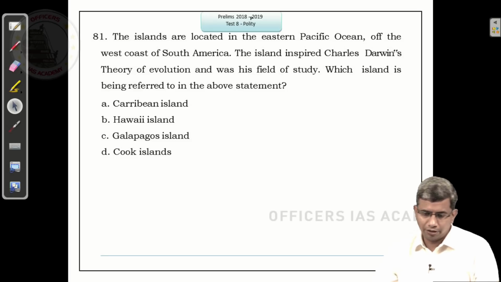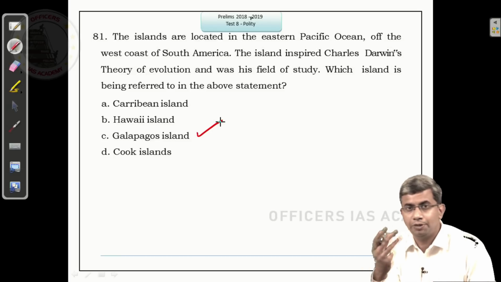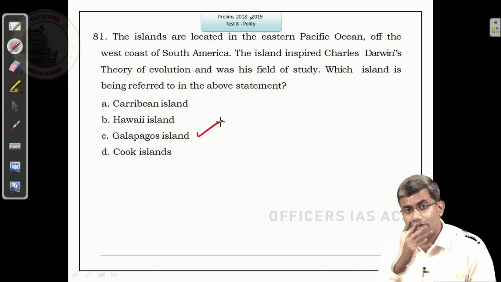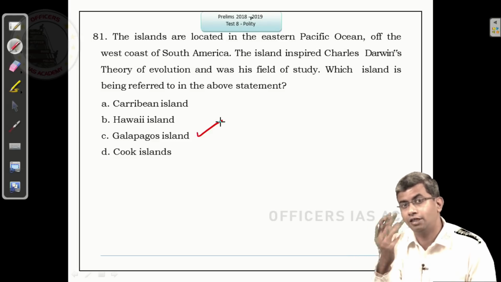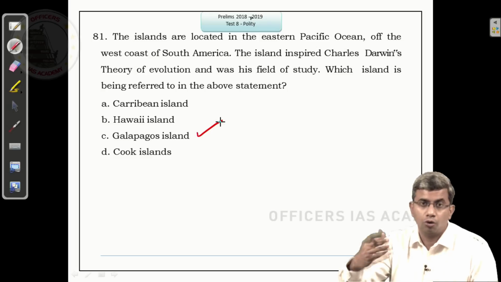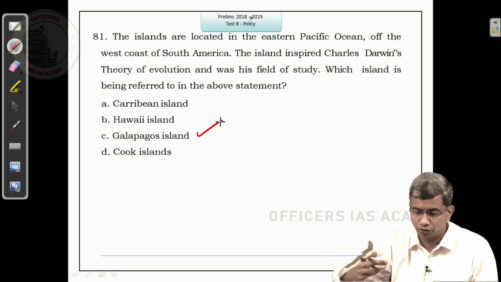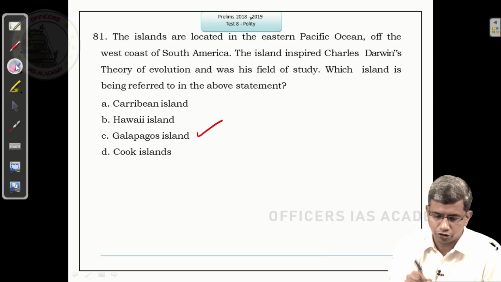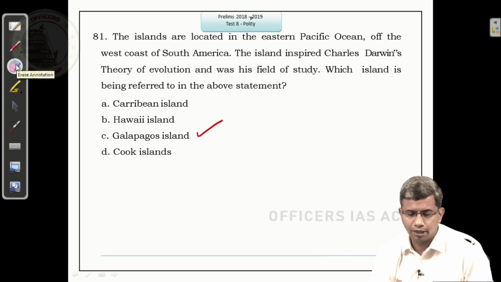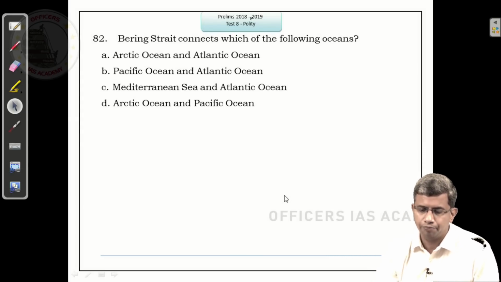It's the very famous Galapagos Island, the finch beaks, through which he started his study, and he realized why is it that there are different sizes of finches, why is it that the beaks are of different sizes, so on and so forth, and that led to the theory of evolution, survival of the fittest. I could keep going on about it for hours together, but this is the polity discussion, so we'll restrict to that. And current affairs is the Galapagos Island, which is related to Charles Darwin.